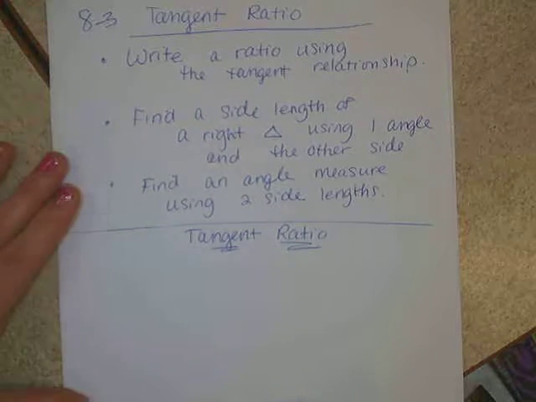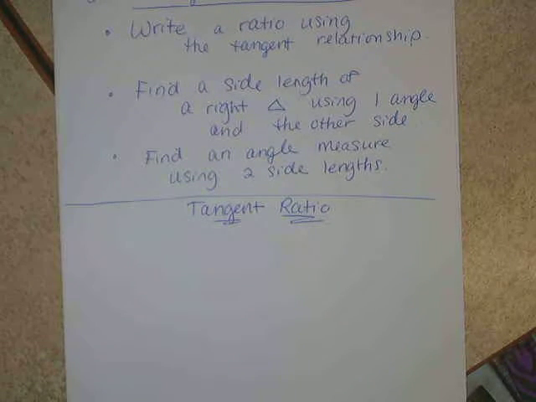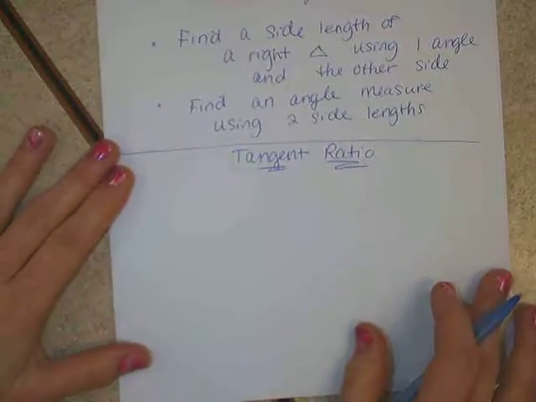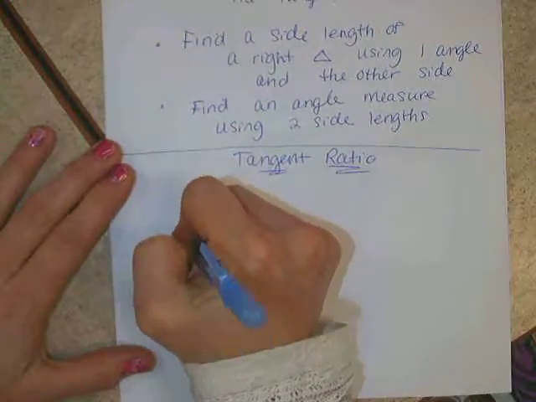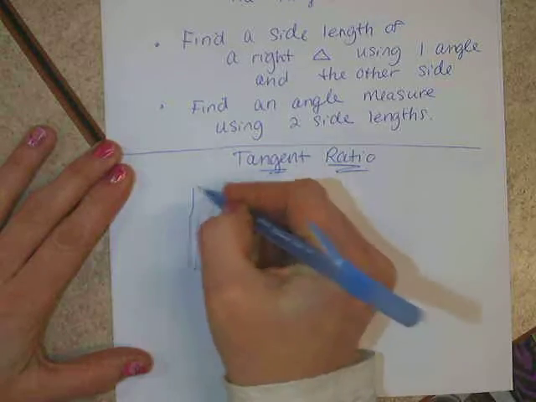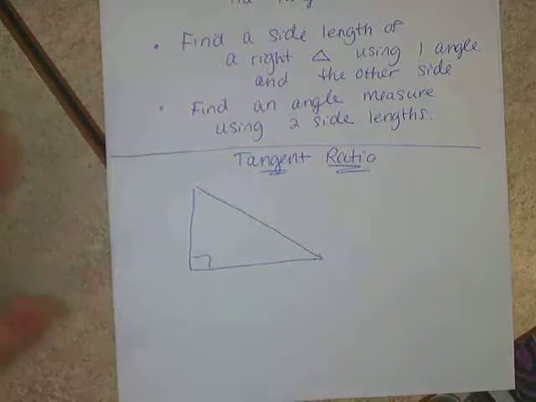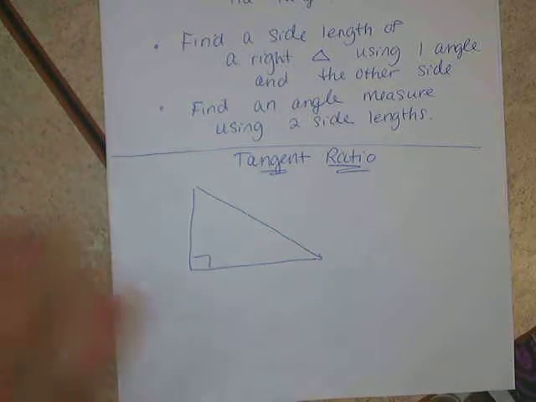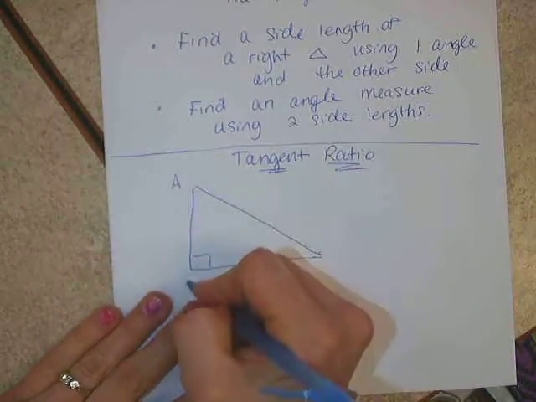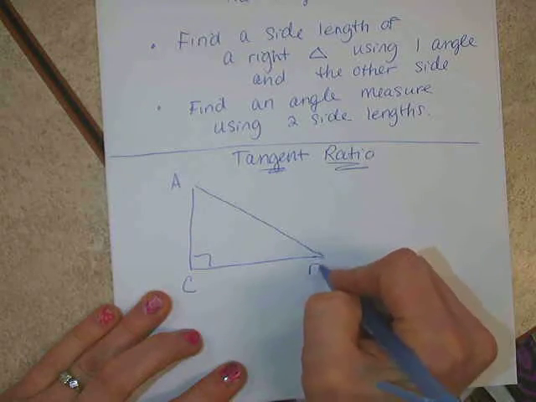Okay, so the actual relationship itself, tangent, sine, and cosine, when you learn them, have to do with sides of the triangle and one angle, okay? And the tricky part is the ratio changes depending on what angle you're referring to. So if we call this triangle ACB,